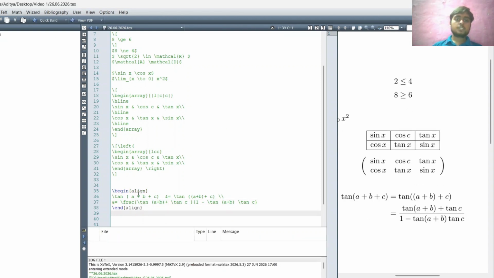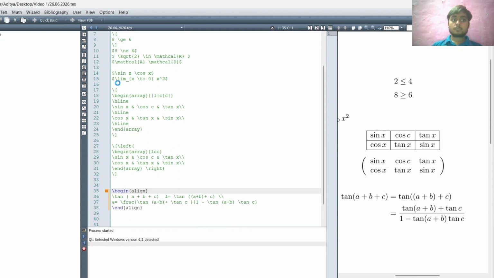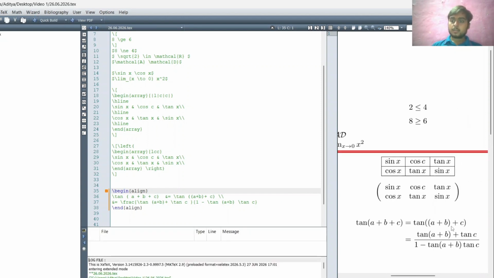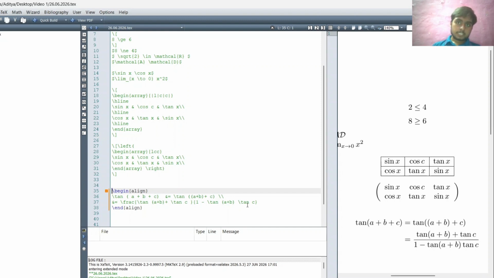So we'll use the begin and end align environment. Let us remove the display operator first, and we'll use the dollar operations if required, but it need not be required for dollar or display operator now. So we can print it like this only. If it would be a mathematical input, then we needed the display or the dollar operator. So let us write the another line.